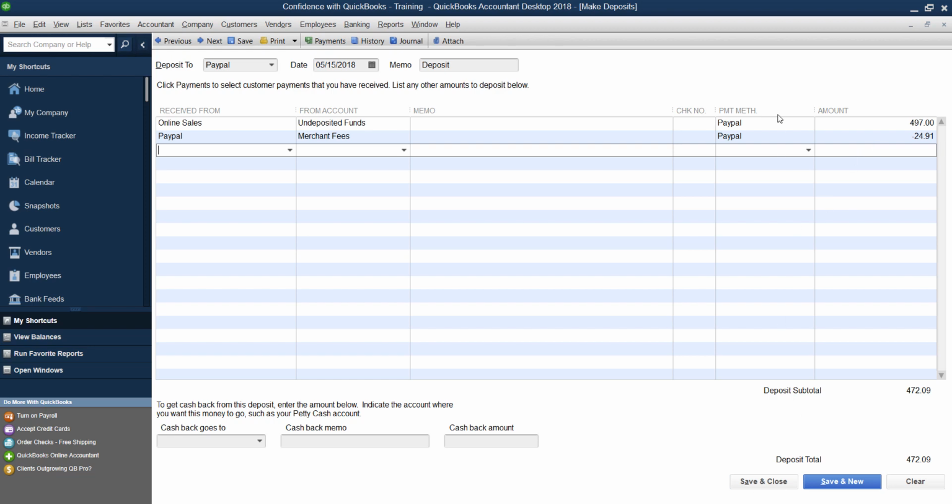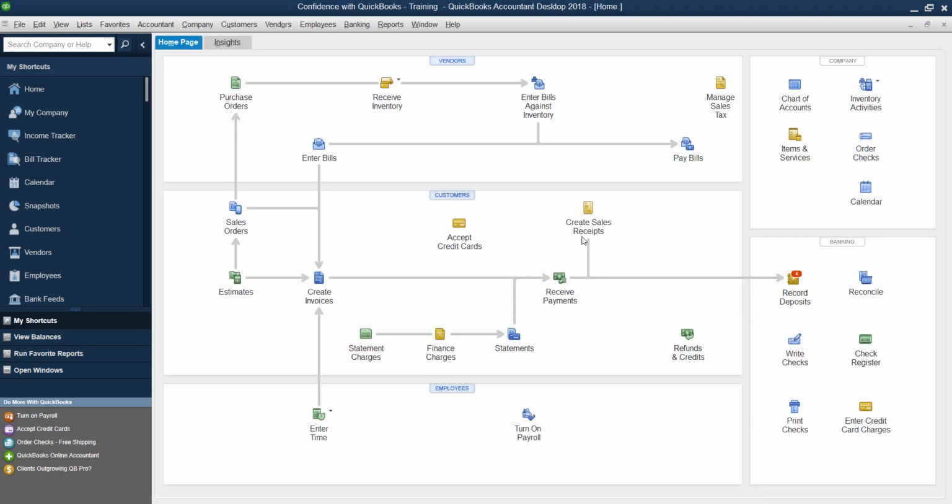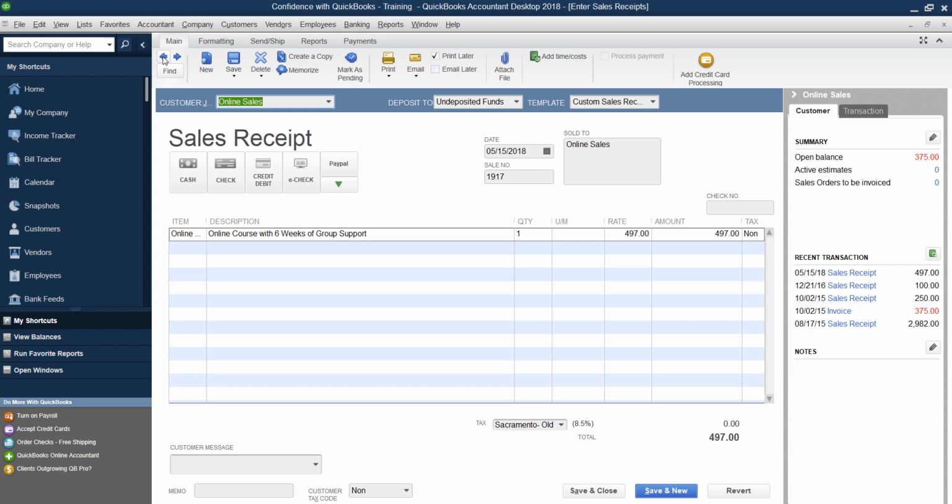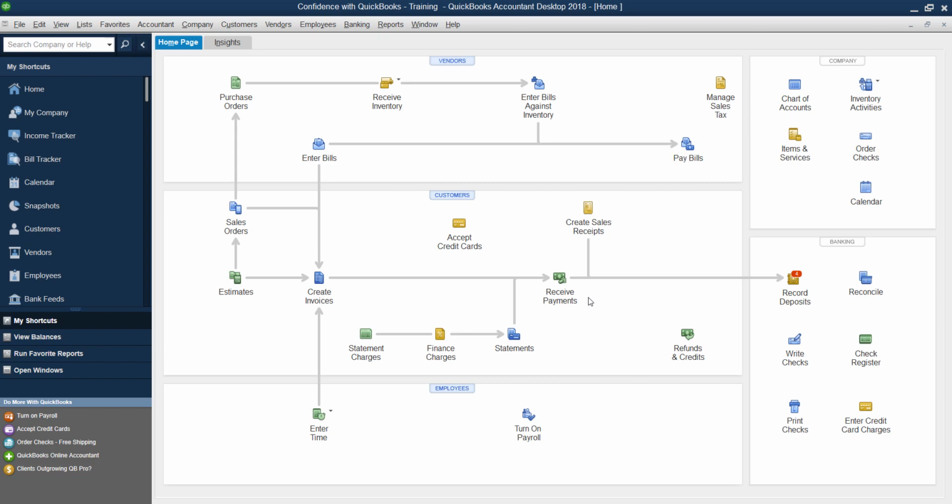You can either take the merchant fees out inside the deposit itself or on the sales receipt, depending on who sees the sales receipt. It's quickest and easiest to do it here because it's a 1-step process. But if you do need to give your sales receipt to a customer, you can do it in the deposit and they won't see it. I hope this helps you guys realize there's a few different ways to handle PayPal.